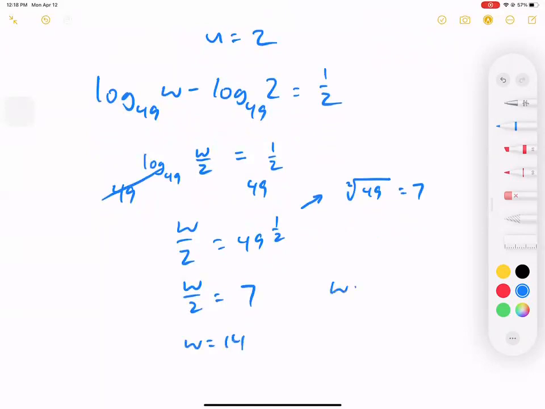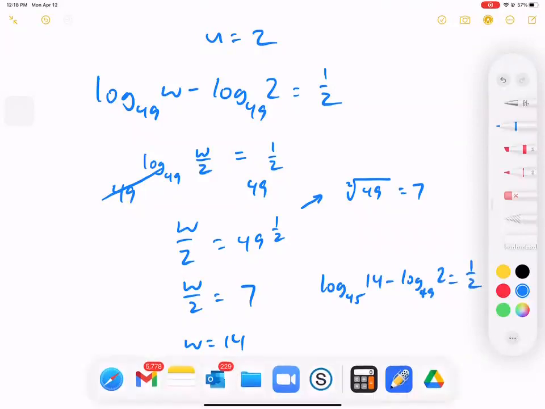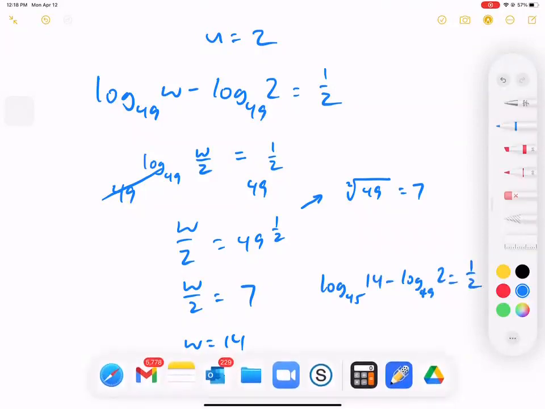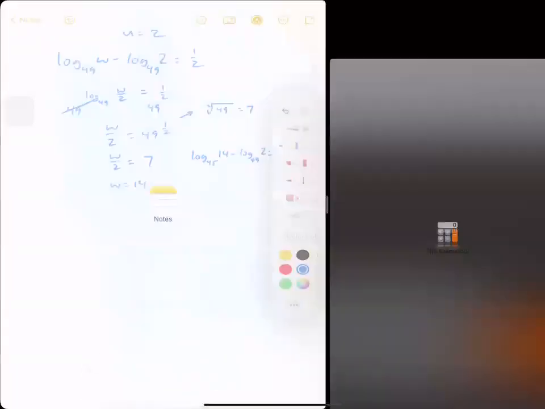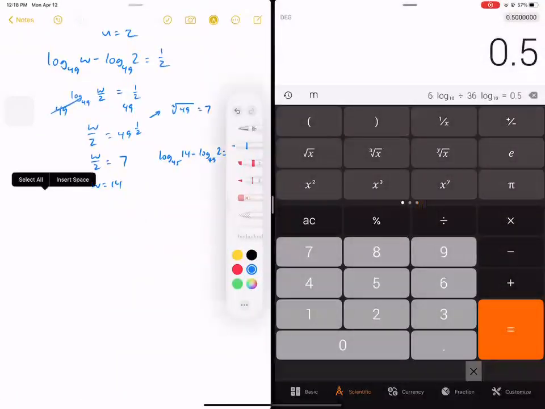I would never have guessed that. Log base 49 of 14 minus log base 49 of 2 is equal to 1/2. I would never have guessed that. Just to prove that this is true, without simplifying here,